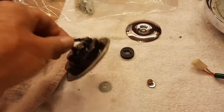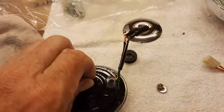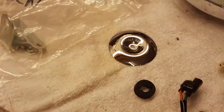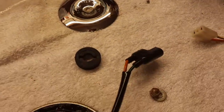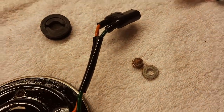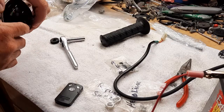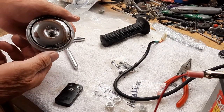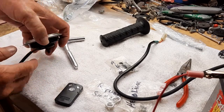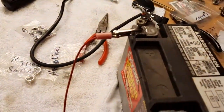Cleaned the horn. Got a little go juice on it. We got the brand new chrome piece, so now I just got to wire wheel this nut and washer, and then we'll put it together. Okay, look at that. Oh, she's pretty. But does she work? So there again, I've got my little handy dandy